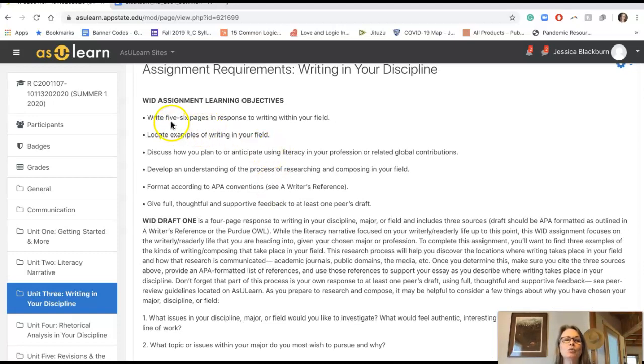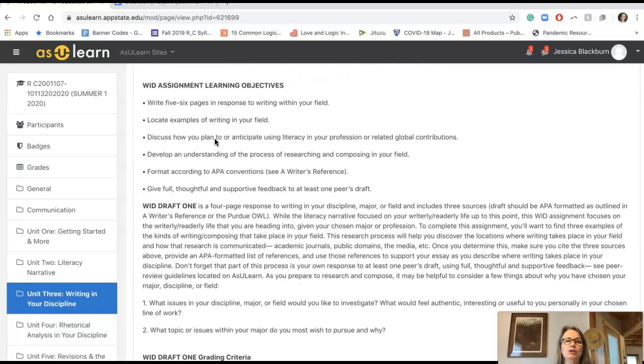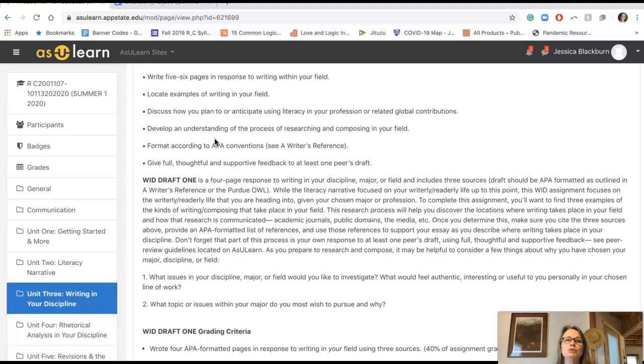So the ultimate goal would be that you have written a 5 to 6 page essay in response to writing within your field, that you have been able to locate examples of writing in your field, and that you discuss how you plan to or anticipate using literacy in your profession or your related global contributions, that you develop an understanding of the process of researching and composing in your field.